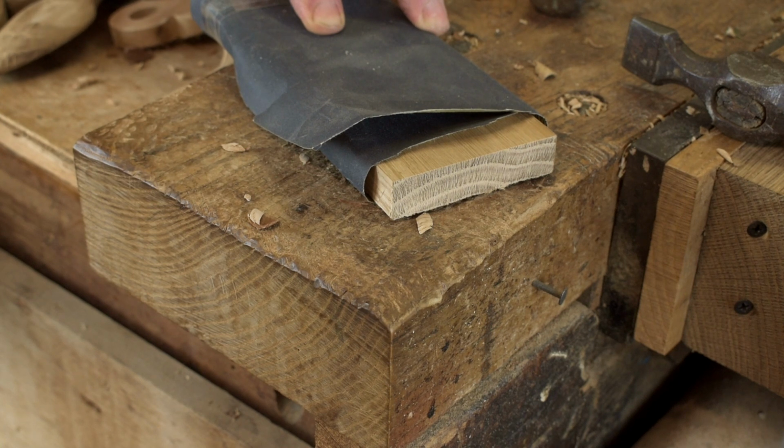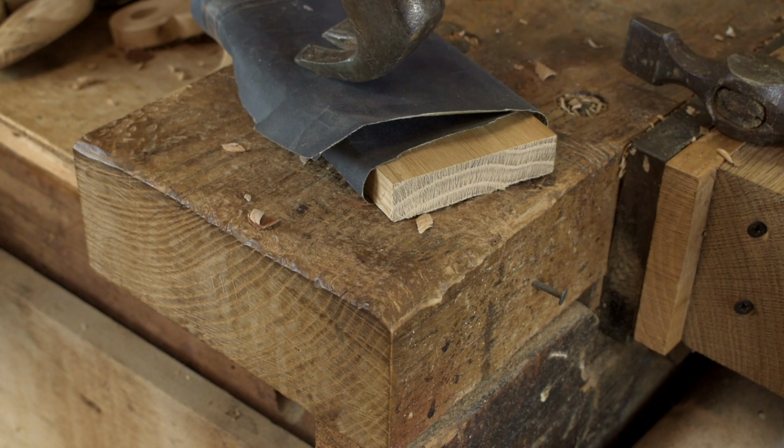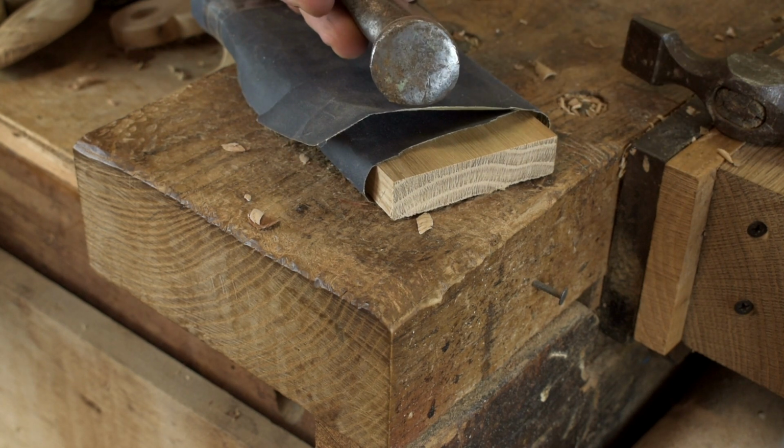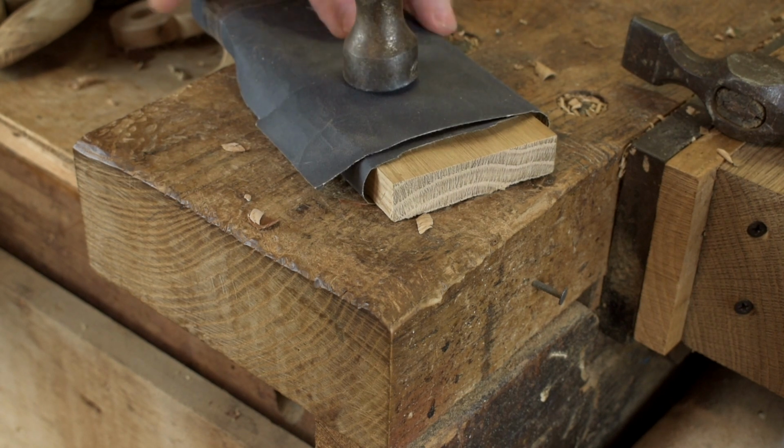So a fine sandpaper. So how do you go about sharpening a hammer? Well, you can see the grease on there. So that's quite dirty and it's a bit pitted. What he would do now, because of that flat surface...